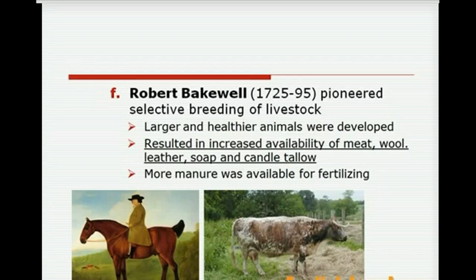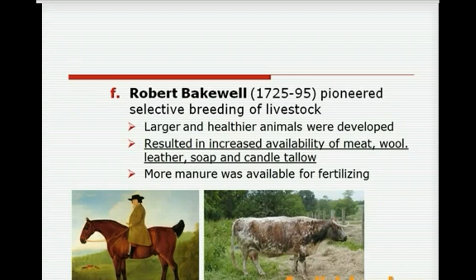Next, Robert Bakewell is going to pioneer selective breeding of livestock. Before, it had just been random breeding. Like, you had all these animals out in the field, and they just bred with whichever animal they came across during that time. But Bakewell's going to say no. To get fatty sheep, to get stronger work animals, you need to breed the strong work animal with the strong work animal, or the fatty sheep with the fatty sheep, so that you can create stronger work animals or fattier